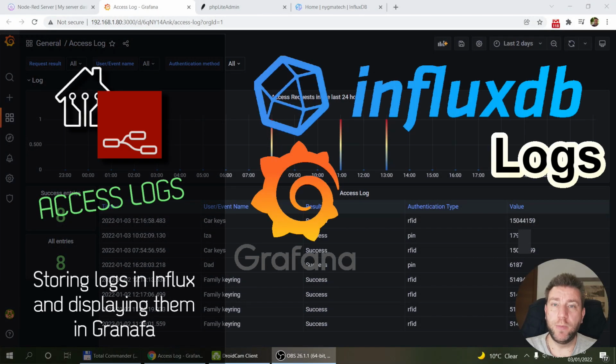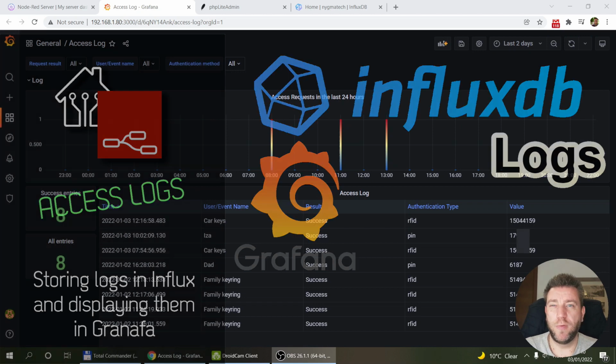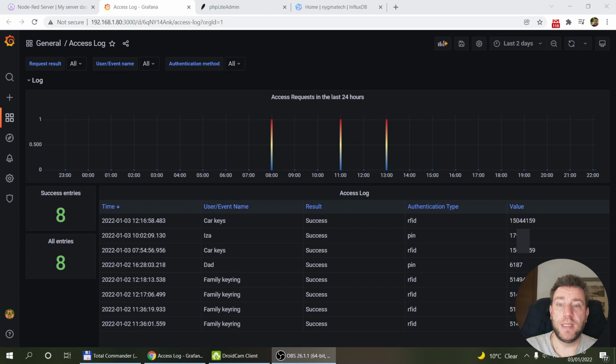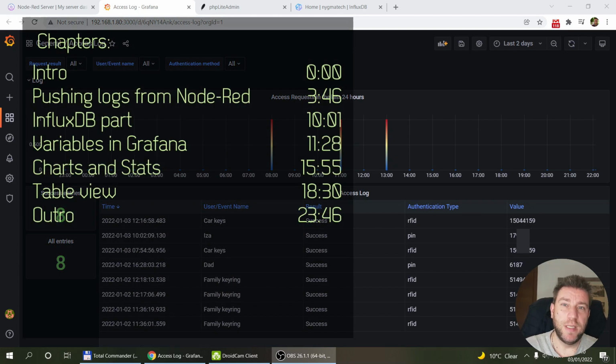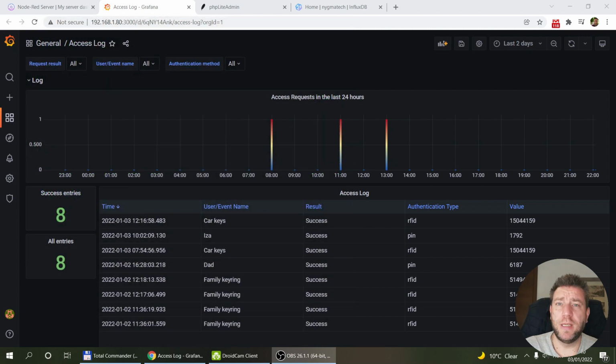So I was thinking what it would be like to store system logs, or log information, in InfluxDB and display it in Grafana. I mean, InfluxDB is a time series database. Logs are time series data. So I thought, it must not be that hard. And actually storing the data in InfluxDB is not hard. I think working with Grafana, especially with InfluxDB 2.0, was a little bit challenging, but I think I managed